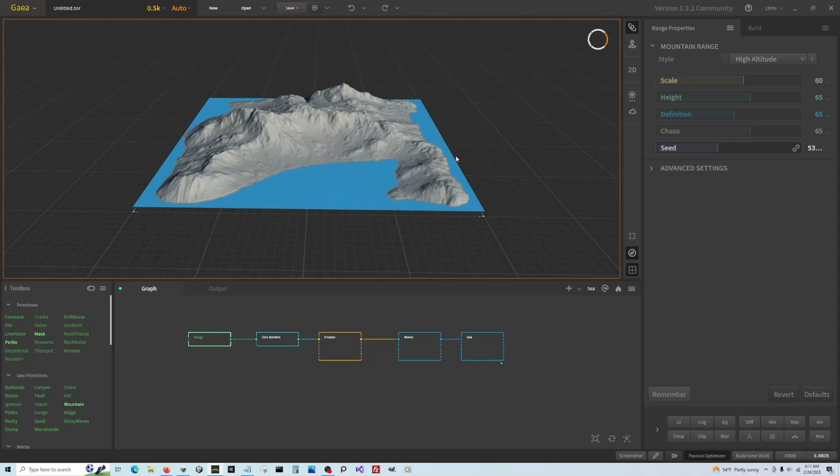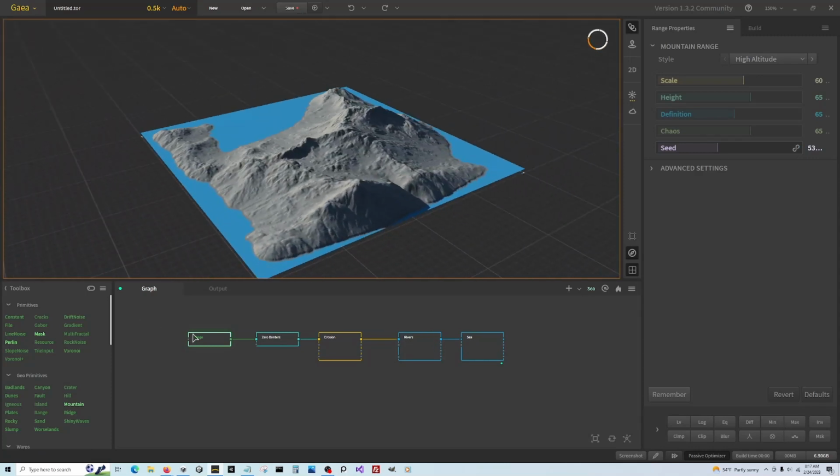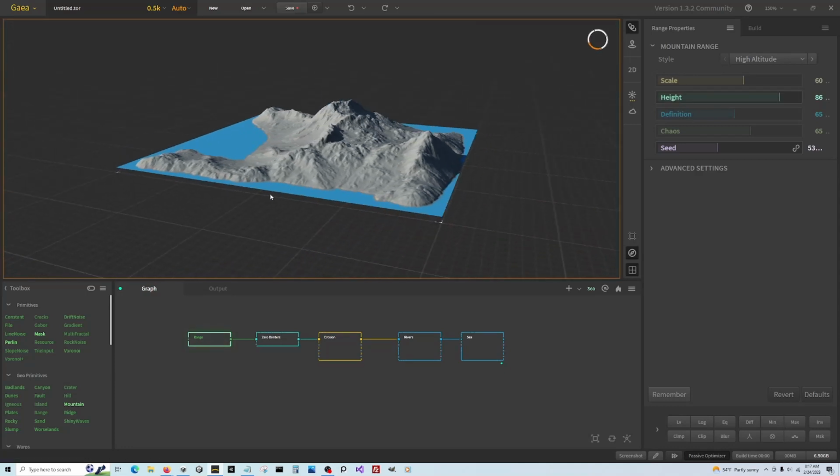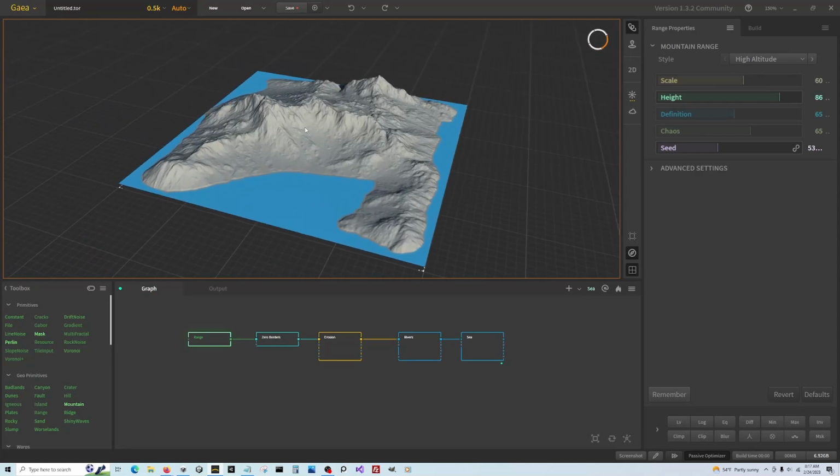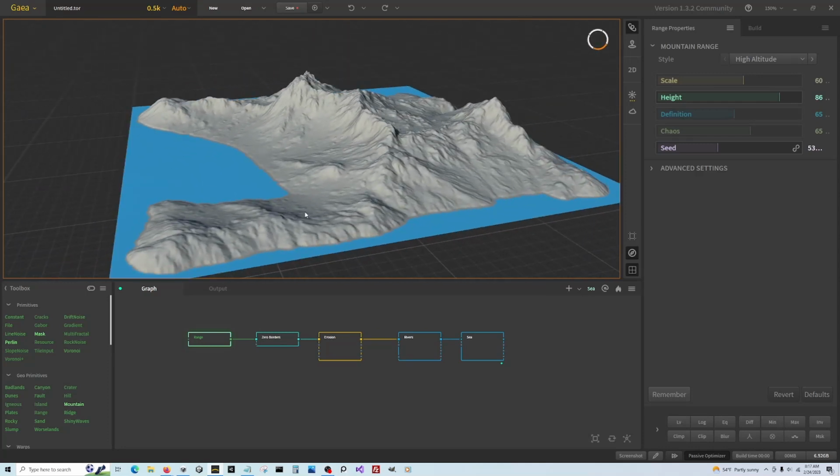Okay, this is a little more interesting. Another thing we can do while we're here is bump up the height, and that'll give it more pronounced features. So now that we have an island